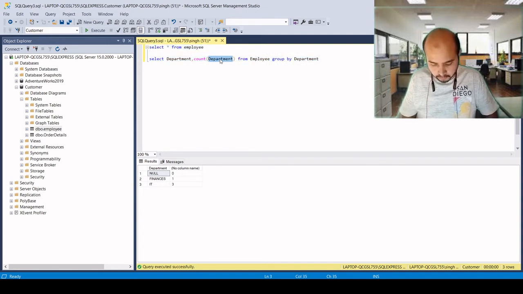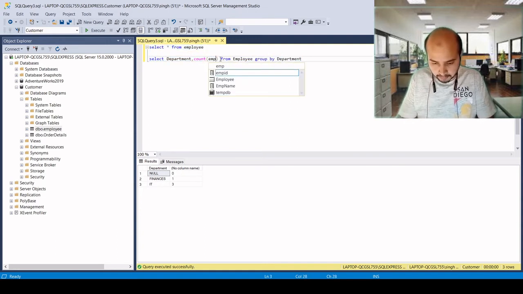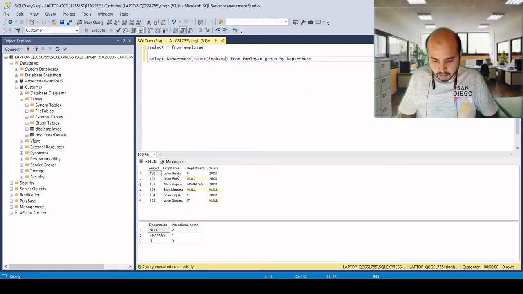Let's say there were 6 records, and out of 6 records, null values were 2. If we group by, we have 2 records of null, 3 records of IT, and 1 record of finance. So this is how we can do group by with null.